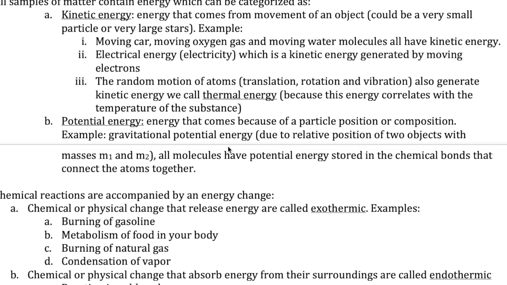How do I know it releases some energy? Because I could hear the sound of that object falling to the floor. That sound is generated by the object releasing some amount of energy to the surrounding air. Now, the amount of energy can be calculated by how high that object is relative to the center of the earth and the mass of that object. So that's what we refer to as gravitational potential energy: the relative position of that object to the center of the earth gives it that energy.